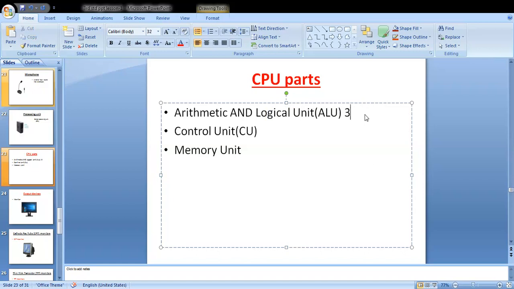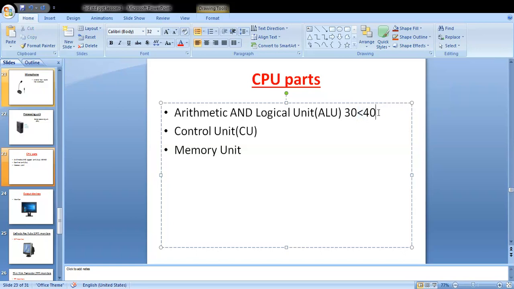Suppose this one is 30. Then, this sign is used for greater number and smaller number. All of you know this sign? You have studied in maths, no? Greater number and smaller numbers.